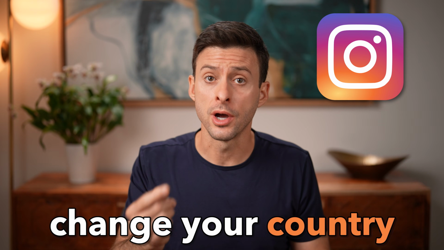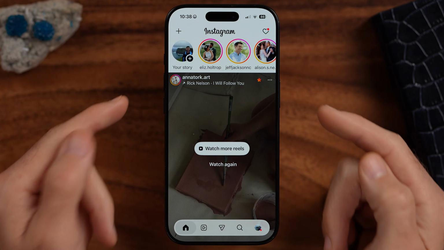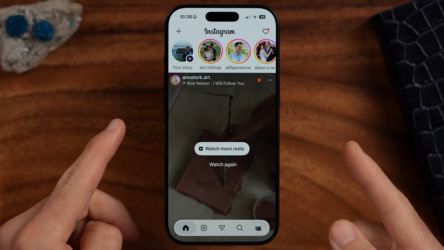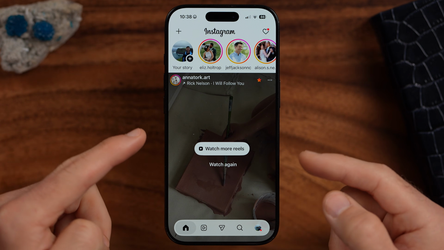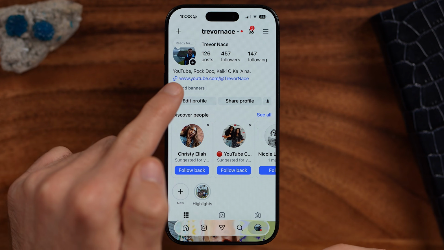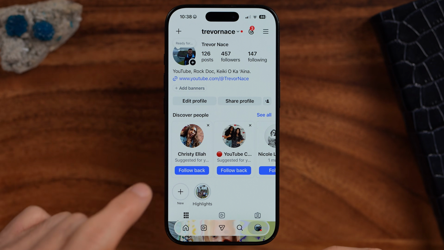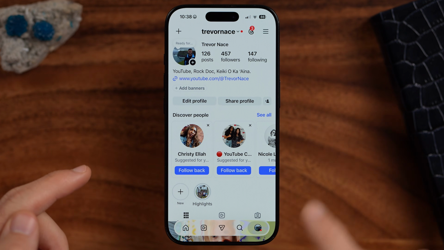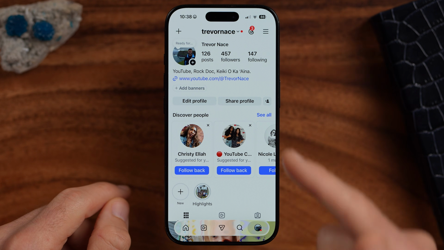Here's how to change your country on Instagram. Now, if you have your Instagram account on your iPhone or Android and you want to update the country to a new one and have it show up on your profile right here, I'm going to show you exactly how to do it. So, as you saw, you're going to first just tap on your profile to get to your